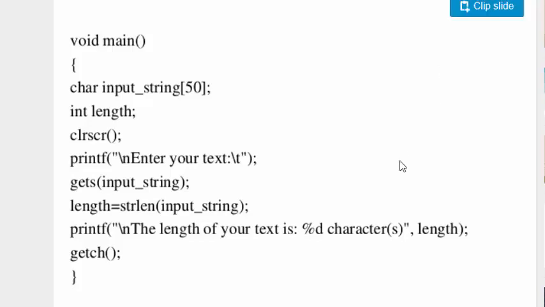My string is computers and its length is 9. So this function will return the value 9, and the value of the length variable will now be 9. So I will print the length with the variable length, and here 9 will be displayed. You can see it is quite simpler to use the string handling function to get the length of the string rather than doing it manually.